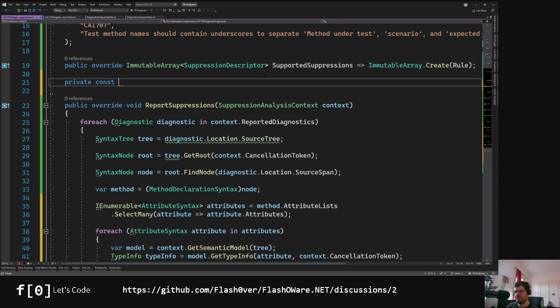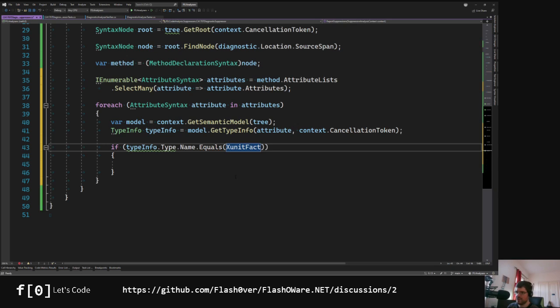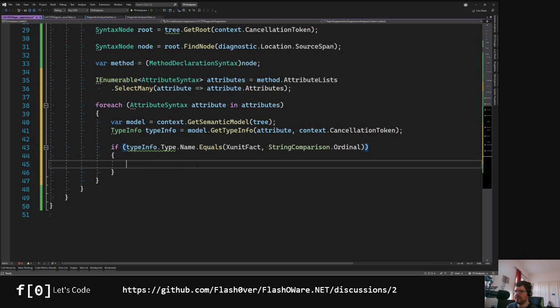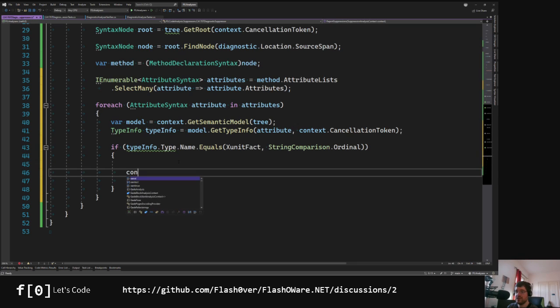private const string XUnitFact, which is xunit.FactAttribute, and we check if that equals that, with string comparison ordinal. We learned it before. I will check for this later. And if any of our attributes on this member, on this method, is the XUnit fact attribute, then we can break out of the loop, but also report the suppression via context